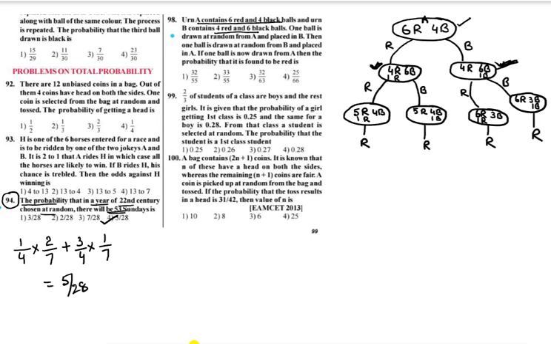So what he is saying in the question is, from this bag a ball is transferred. That may be red in color, that may be black in color. If it is a red ball, one red ball will increase here. If it is a black ball, one black ball will increase here. Now what we are doing, from this bag again we are transferring a ball to the first bag.